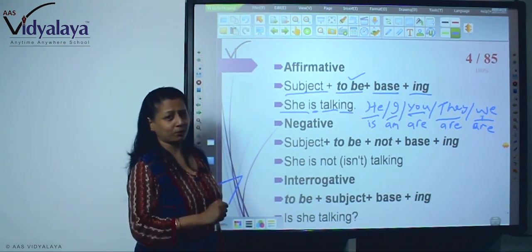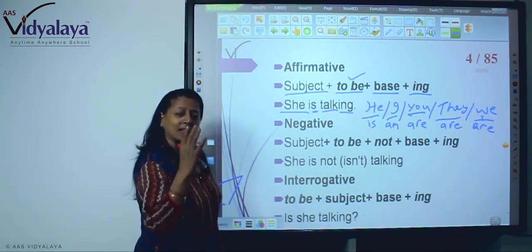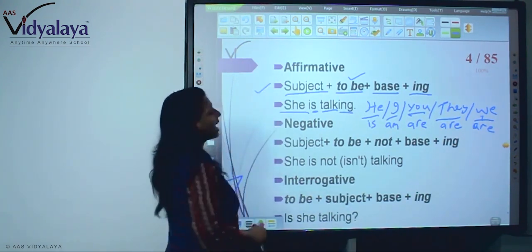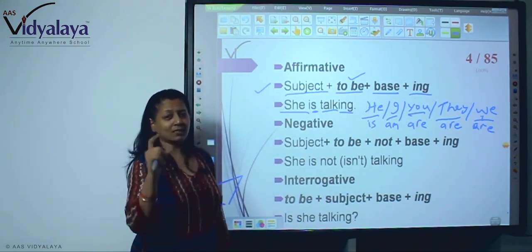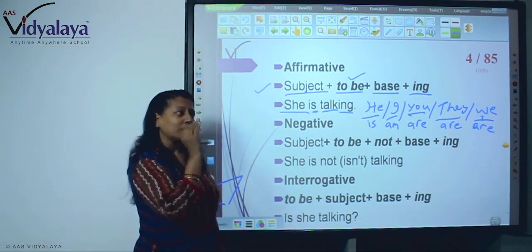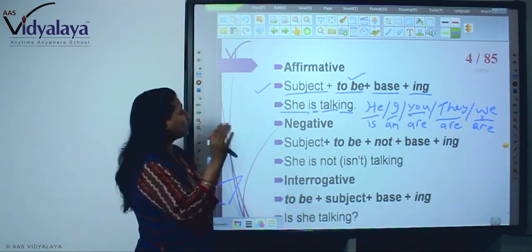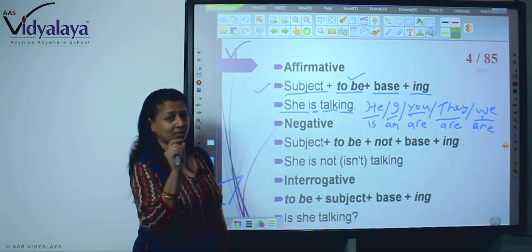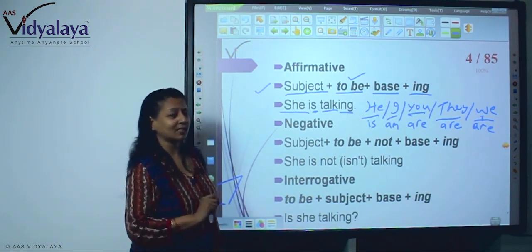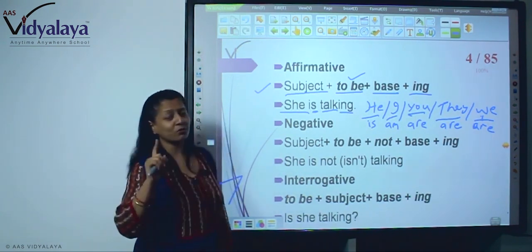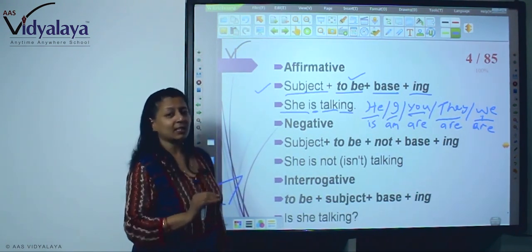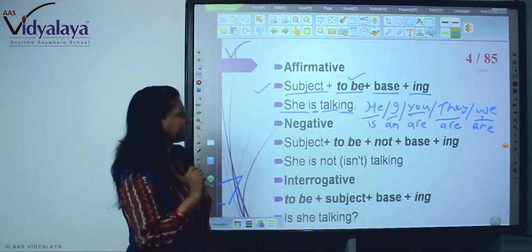I am reading a book. She is swimming. He is going to school. So everywhere you will find this rule. And always remember grammatical rules. If you follow the grammatical rules, you will always be correct. Don't deviate from these grammatical rules. When you go through storybooks or any articles, you will find these rules followed strictly. So learn the rules. Then only you can write English correctly.